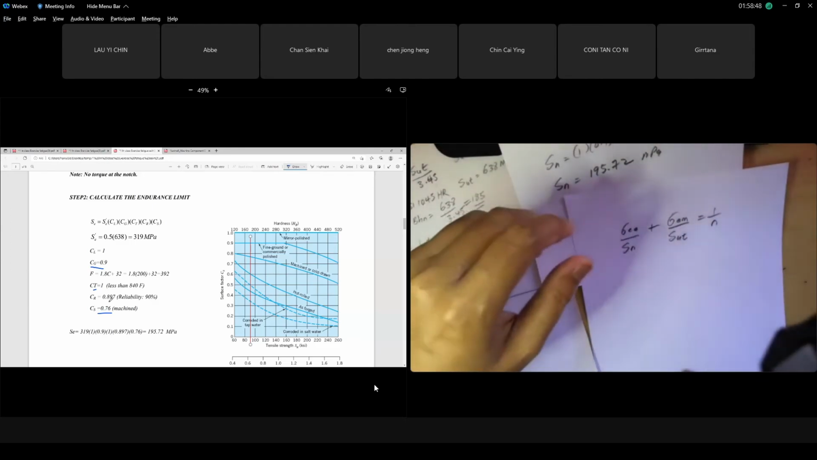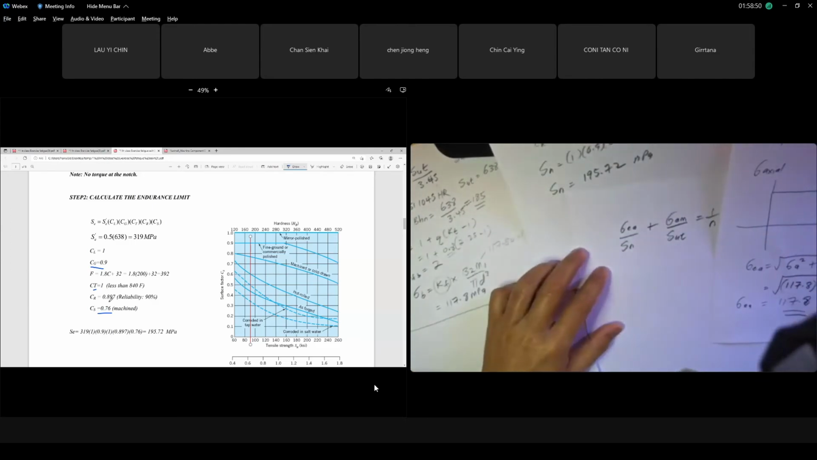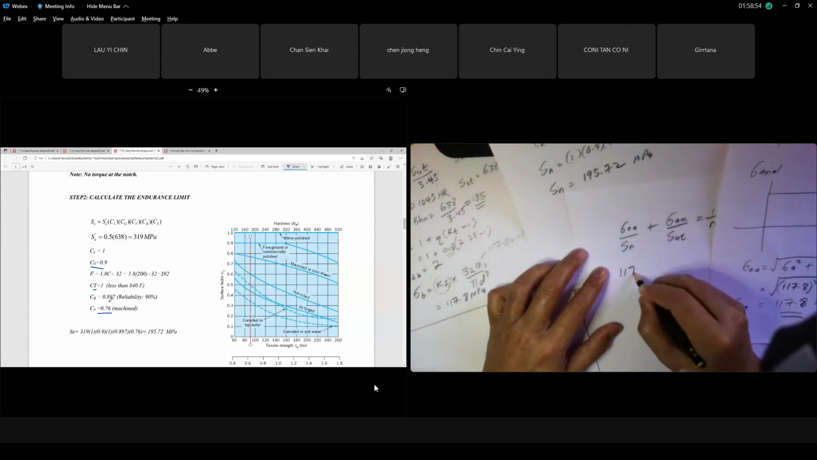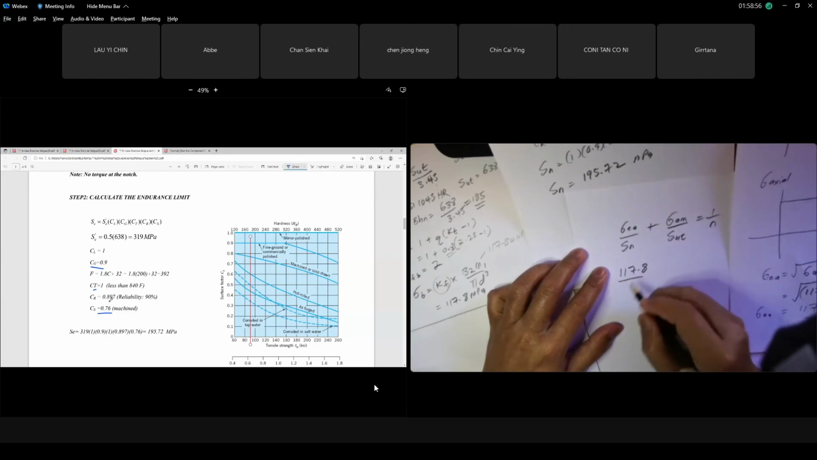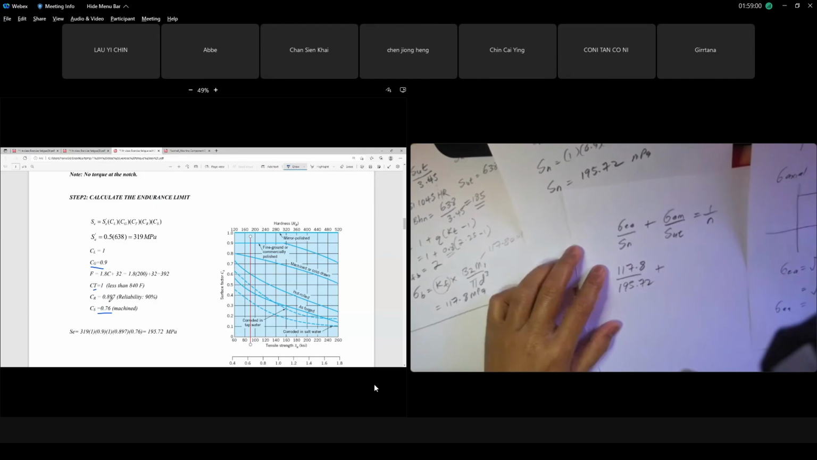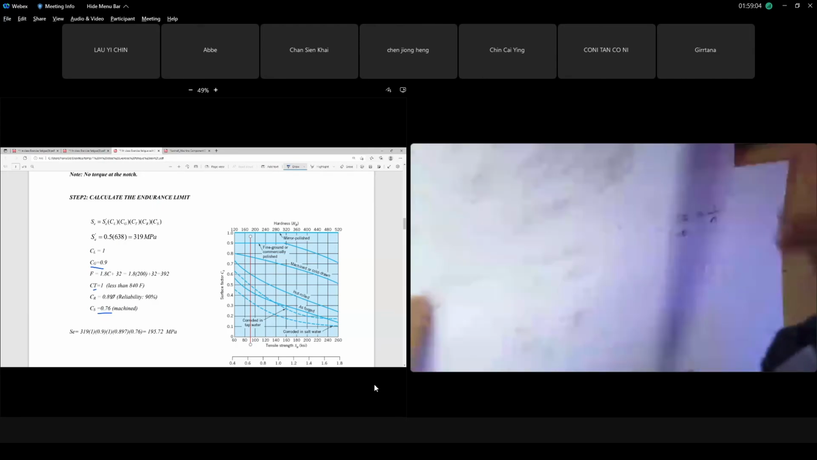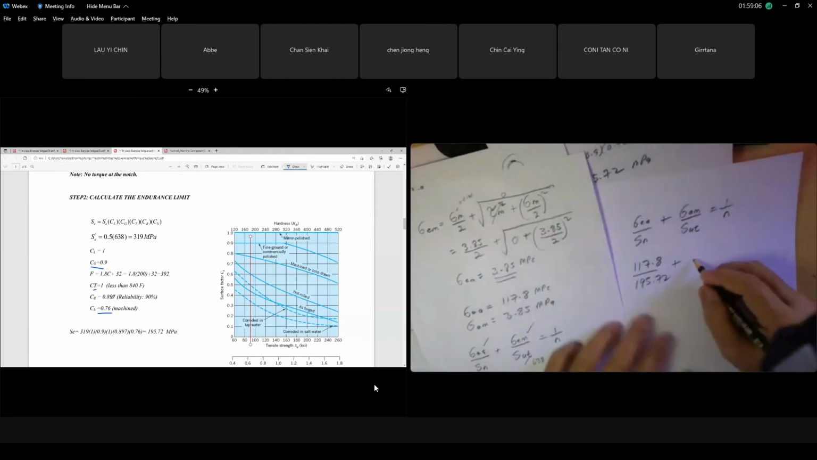What is our sigma EA just now? Sigma EA is 117.8 over Sn is 195.72 plus sigma EM. Where is the paper, everything is gone. Okay, sigma EA is 117.8, right? Sigma EM is